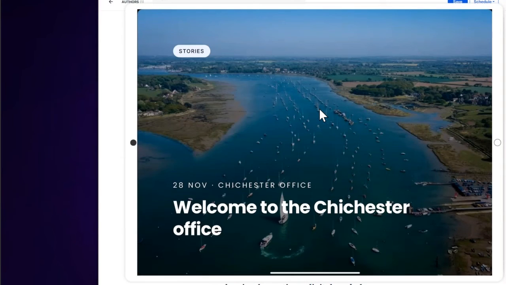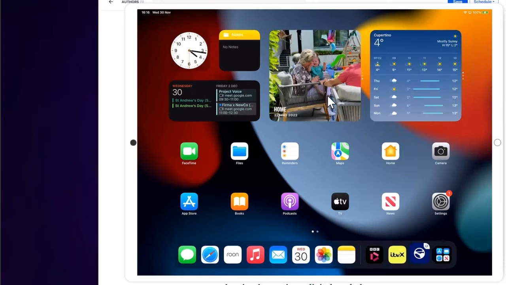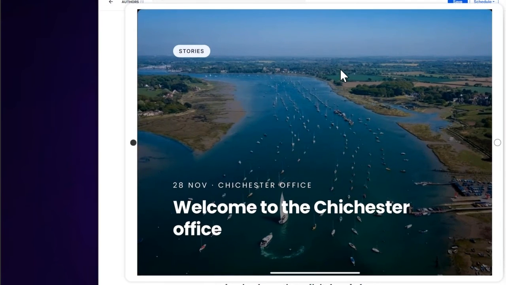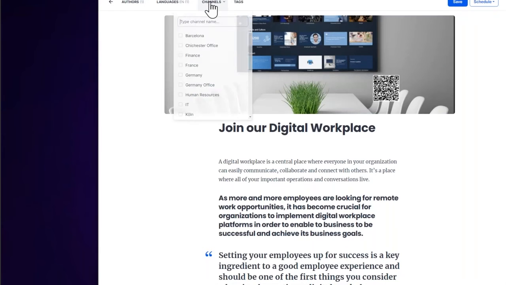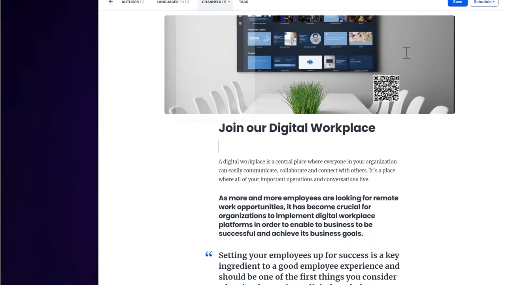Now, of course, I use Appspace. I use our own technology. Now, this is my iPad in my office. It's actually currently next to my screen, and this has got the Appspace app. So if you see here, I choose the Appspace app. You can also see that I've been watching a lot of World Cup. Then you can see here, I've got the Appspace app, and this is a Chichester office, which is where I live. If I decide to publish this now to the Chichester office and I hit publish, it will automatically update